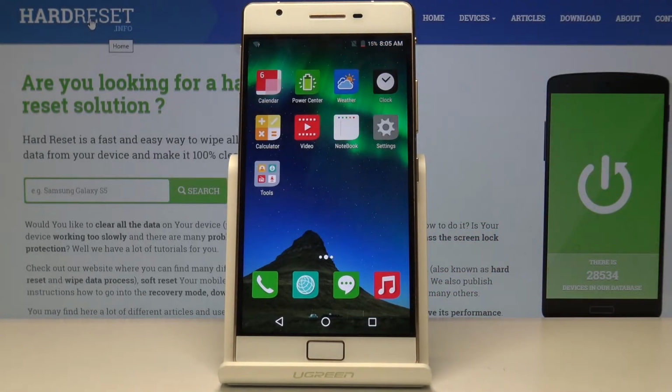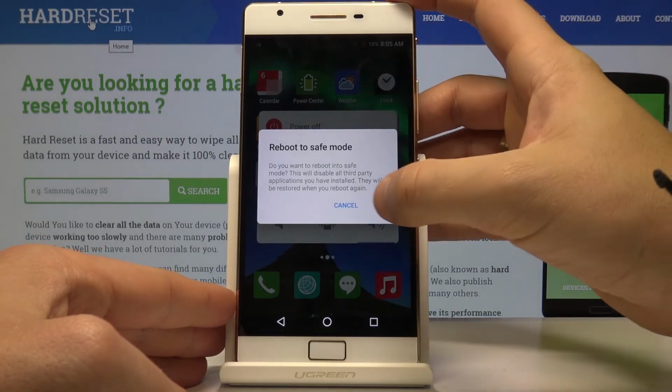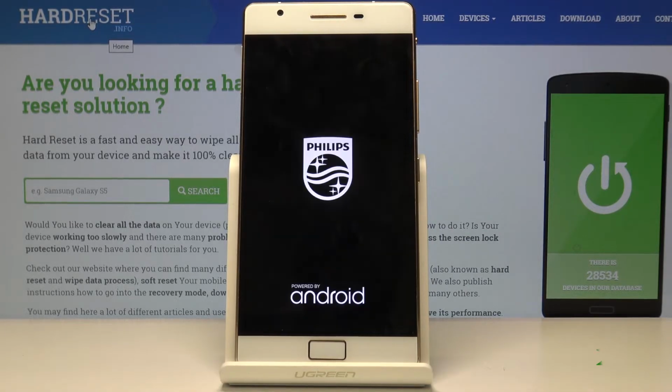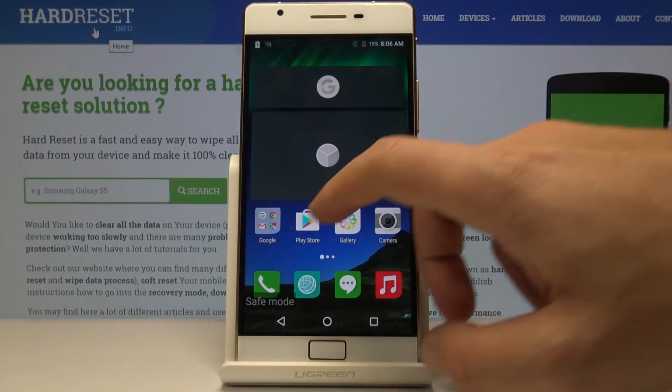So let me show you how to enter the hidden mode called safe mode. All you need to do is use power key, hold down on power off, and tap OK to reboot to safe mode. Let's wait a few seconds. Alright, as you can see, this is the safe mode, so you can check out how your device works without